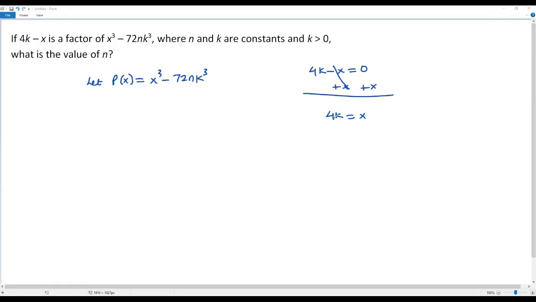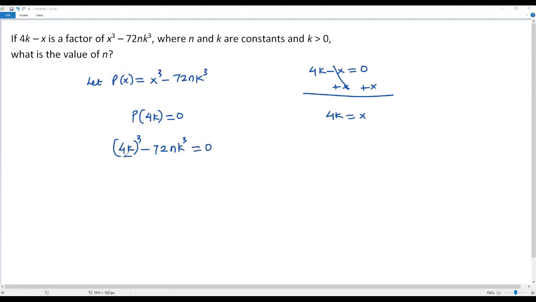Now we can consider the factor theorem. When 4k negative x is a factor of the polynomial function p of x, then when I plug in the value of x, 4k for x over here, it must be equal to 0 according to the factor theorem. So that is p of 4k equals 0. To get p of 4k, we have to plug in this 4k for x over here, and the same 4k for x on the right side. Then I'm getting 4k whole to the third power negative 72 times n times k to the third power